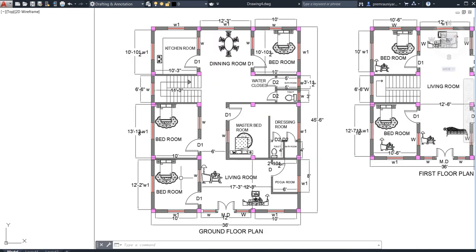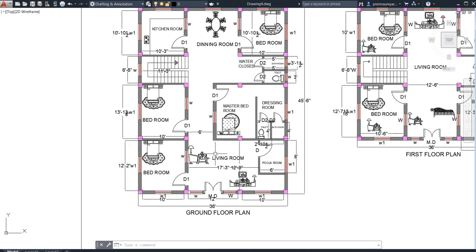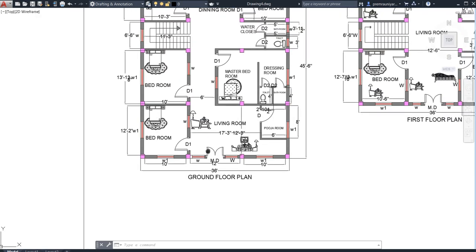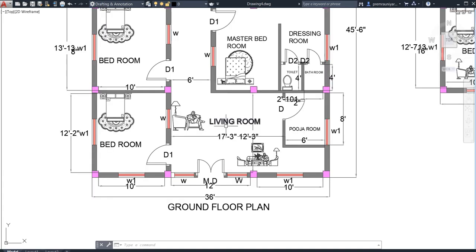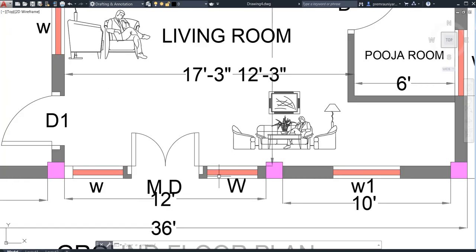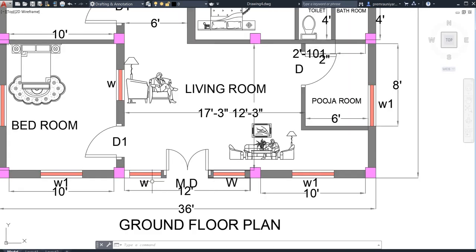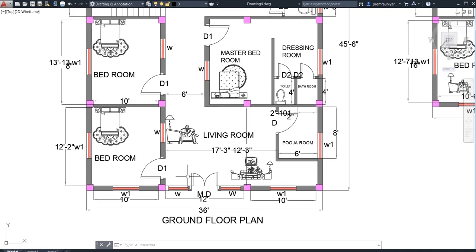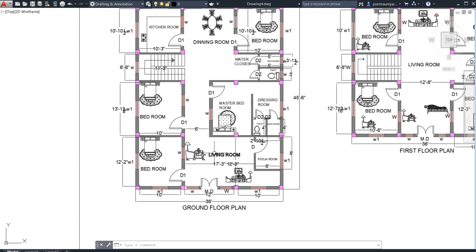Now you may think about where we need to provide the long windows, and where we need to provide the small windows. In the living rooms, the live load will always be greater, so we need to keep more windows here. Wherever the space is more, we need to keep more windows, so that the cool air breeze comes to your room, as well as your lobbies, living rooms and halls.